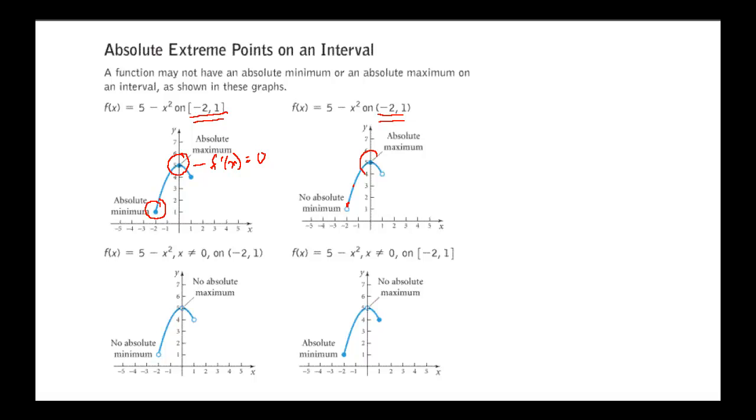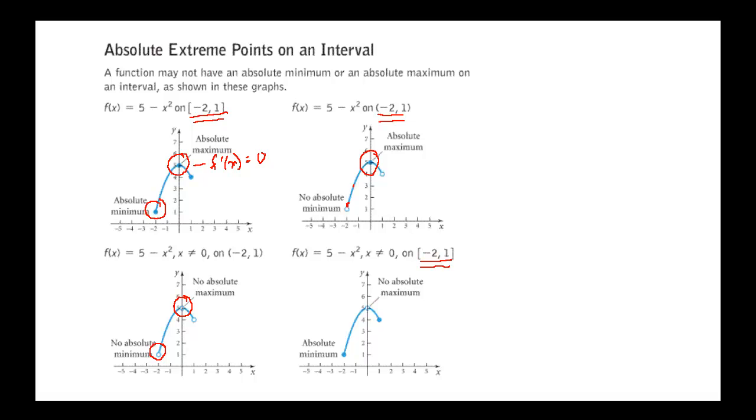So we would only have an absolute maximum for this one. Okay. Here, the one on the bottom left is an example of where we have an open hole. We have a hole in the graph up here at the top, so we can't have an absolute maximum. That point doesn't exist there, so we would not have an absolute maximum. And similarly, because we have an open endpoint, we wouldn't have an absolute minimum.